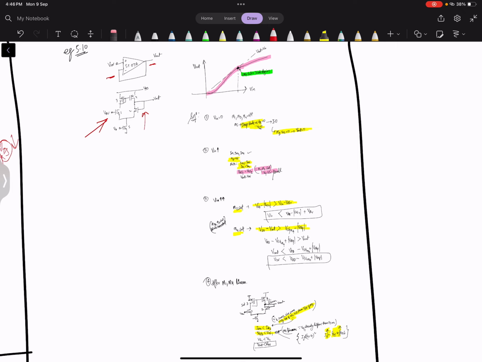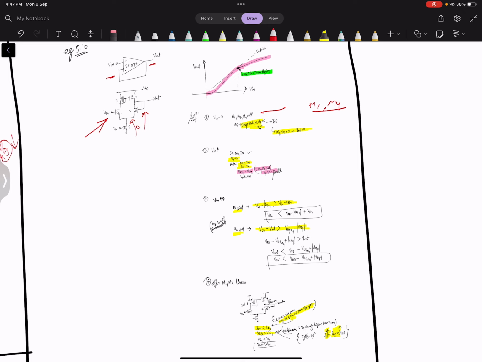It means M1, M3 and M4 are in off state, and M5 is in deep triode. Why? Because there is no current from M1 to flow, and there is no current from M4 to flow. M1 and M4 have no current, so there is no current from M5 to flow anywhere, so that is why VDS of M5 is 0. So this voltage is 0, and because of this there is no current,